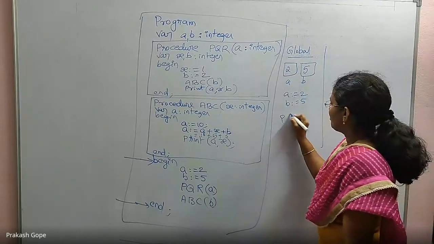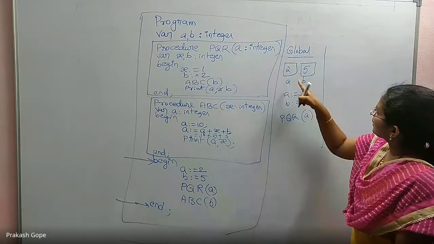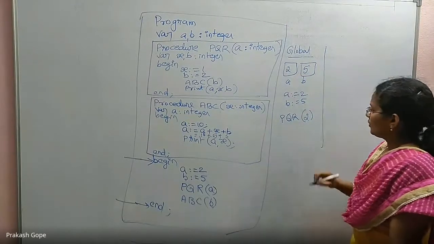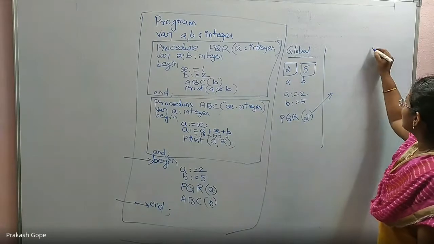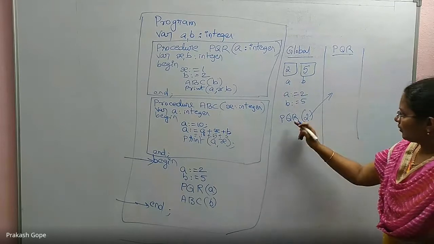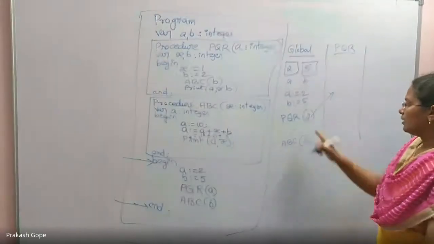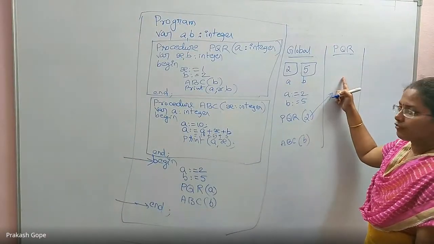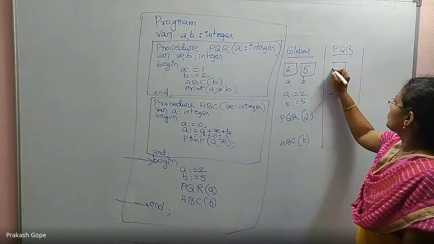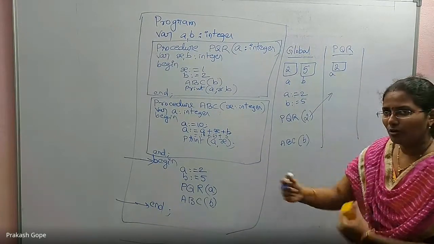Then call PQR of A. A is a variable I am accessing. Obviously I try to access the local A, which is 2. So pass 2. I will jump to PQR's environment. Of course, after this I have one more call, which I will do later. First, with this call, I jump to the PQR environment, which has a formal parameter. A formal parameter is a local variable. First, you create that, into which this 2 will be copied. Values are copied to the formal parameters, right?